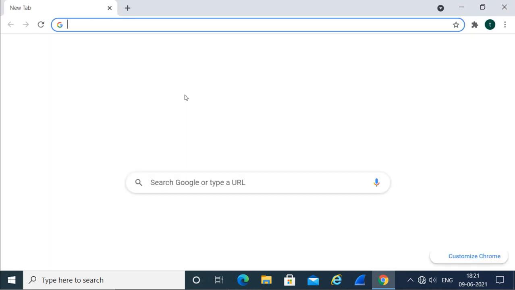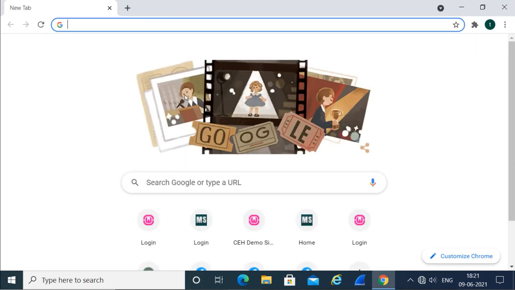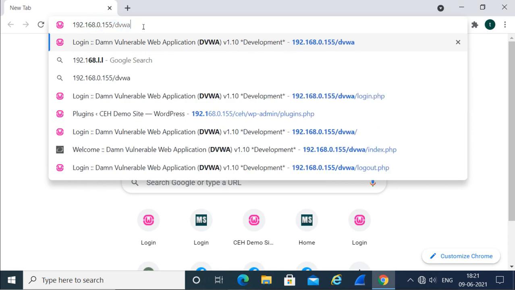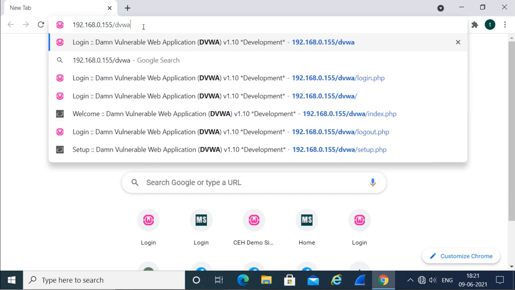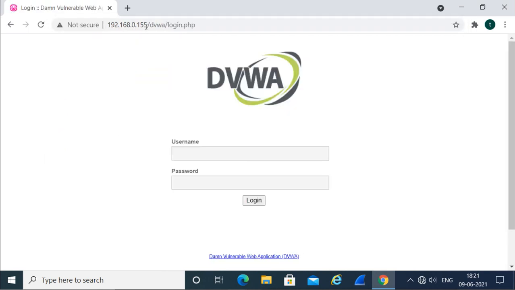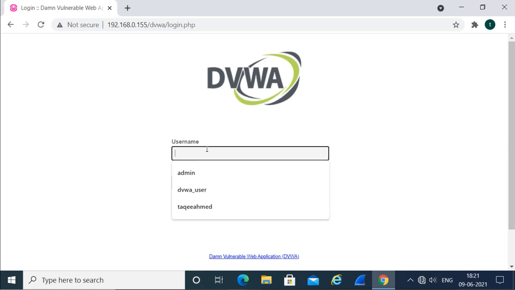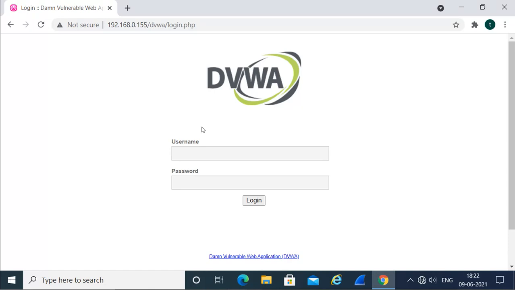It is called the vulnerable application, or we can say the most vulnerable application. So it is configured on my local system. This is the IP of my local system, and the application name is DVWA. That is the most vulnerable application. Now when I access this, it is asking me to log in, and it is showing the credentials.